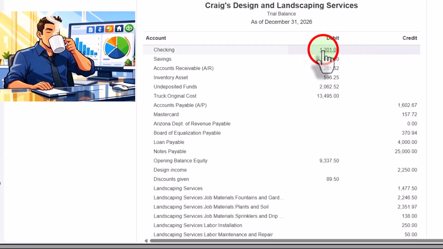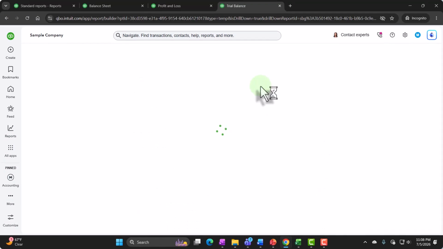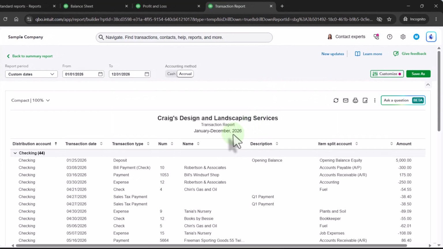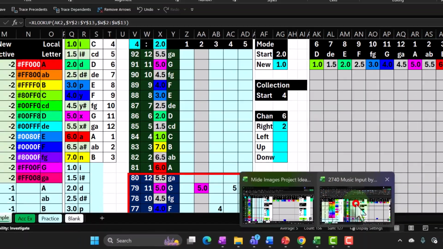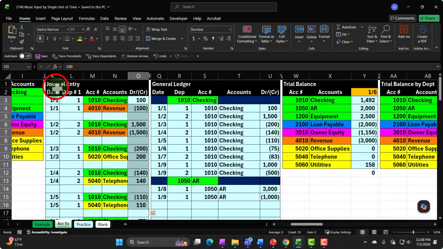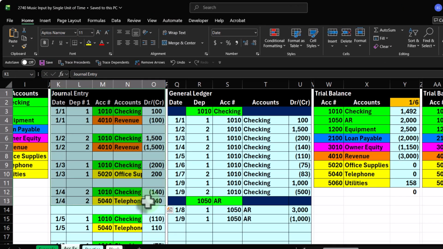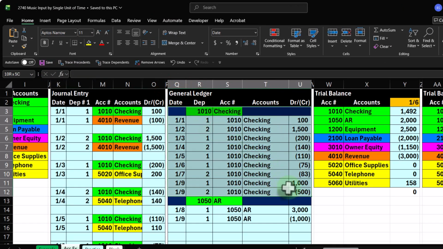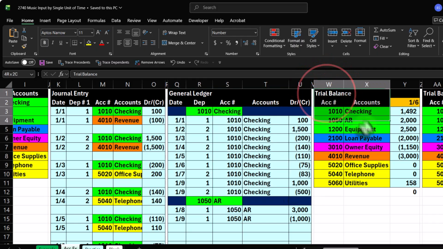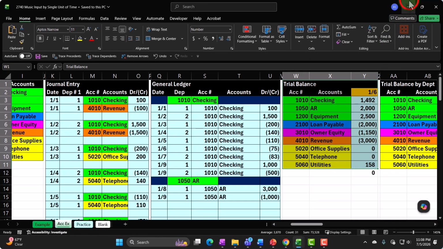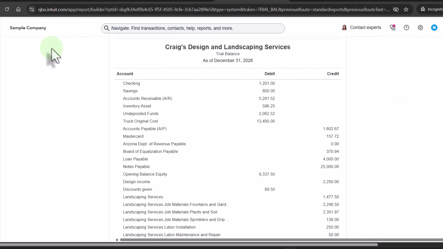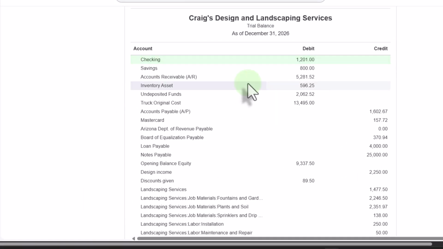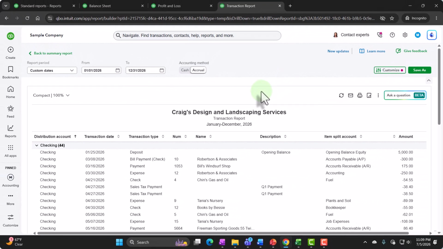In other words, if I drill down on the checking account, I get to something that is similar, a transaction report, to a general ledger. If I go over here to my accounting system this way, usually I think of it as the journal entry forms, making journal entries, create the general ledger, similar to the transaction report, that creates the trial balance. But in QuickBooks, usually we're thinking we do the data input, it creates the forms, which you could kind of think of as the trial balance, and then I drill back down on the general ledger, which is